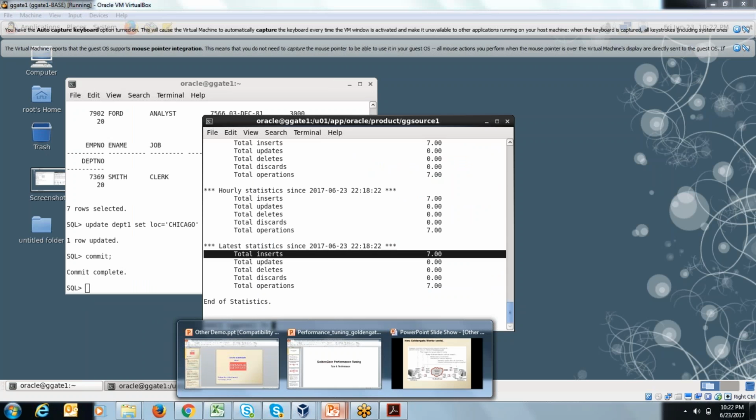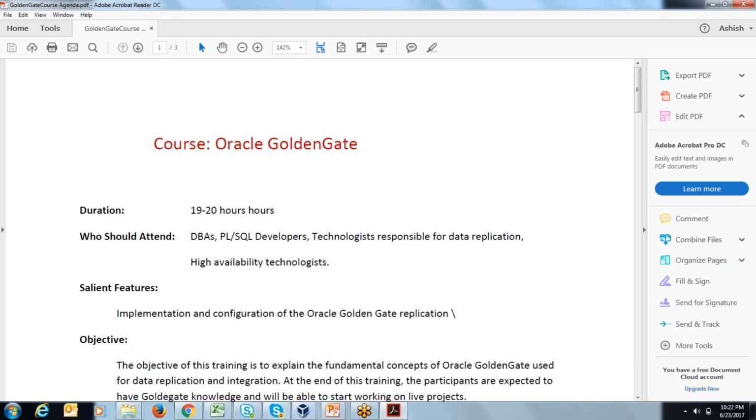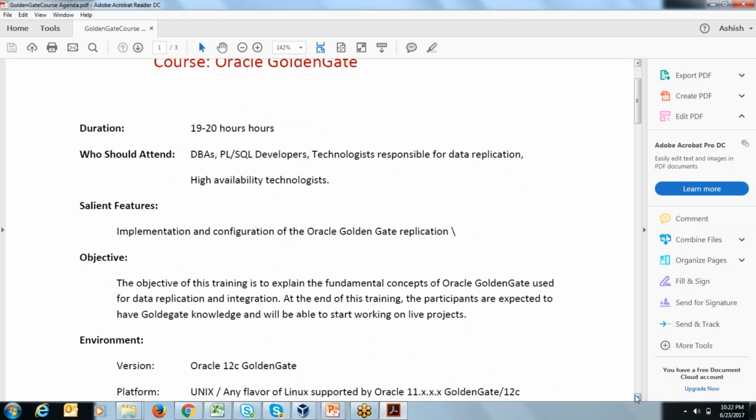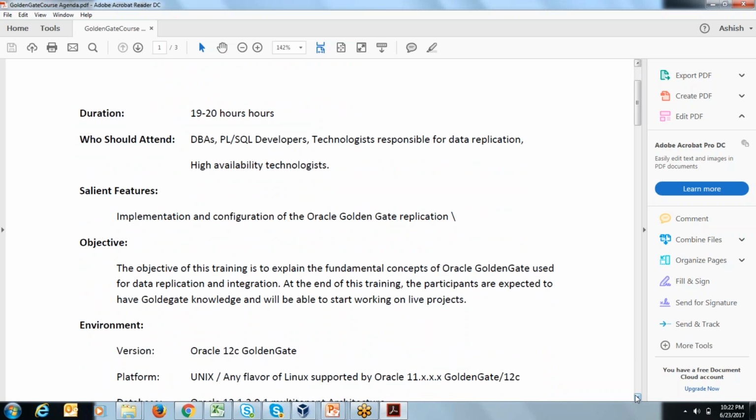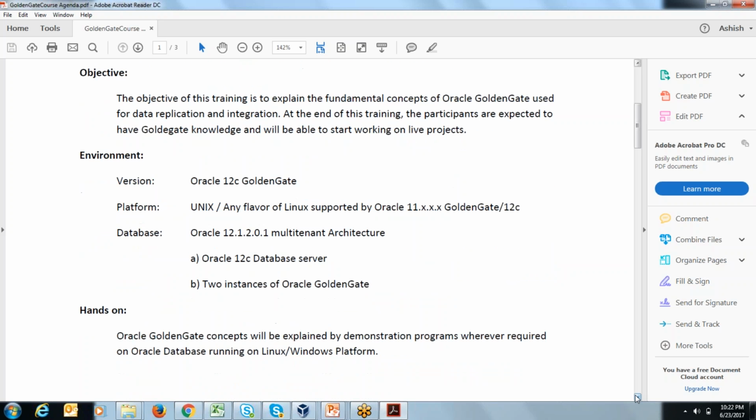So let us see what we are going to do, what would be our course agenda for the training. The duration of this training is 19 to 20 hours. The objective of this training is to explain all the fundamental concepts of Oracle GoldenGate used for data replication and integration. The GoldenGate training will be on 12c. We are going to use the 12.2 version of Oracle GoldenGate, which is the latest version. We'll be using Unix as the platform. And the database which we are going to use is